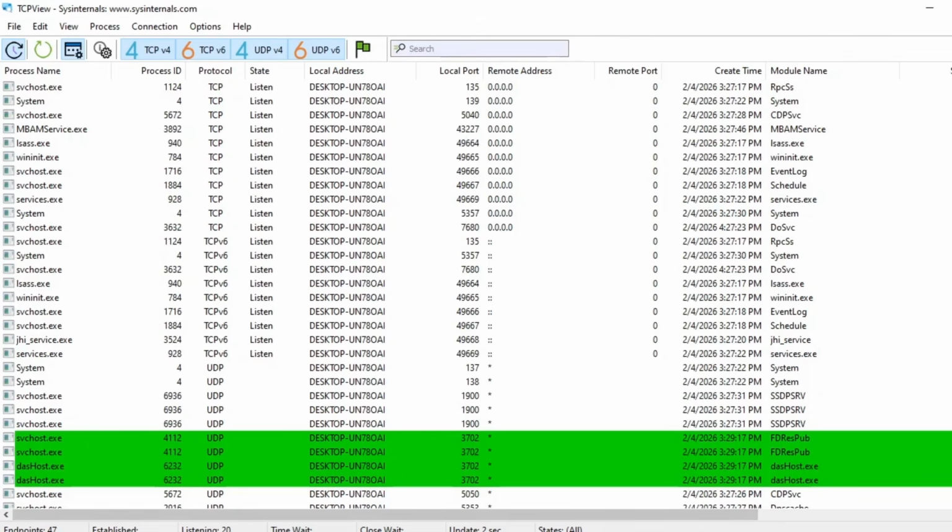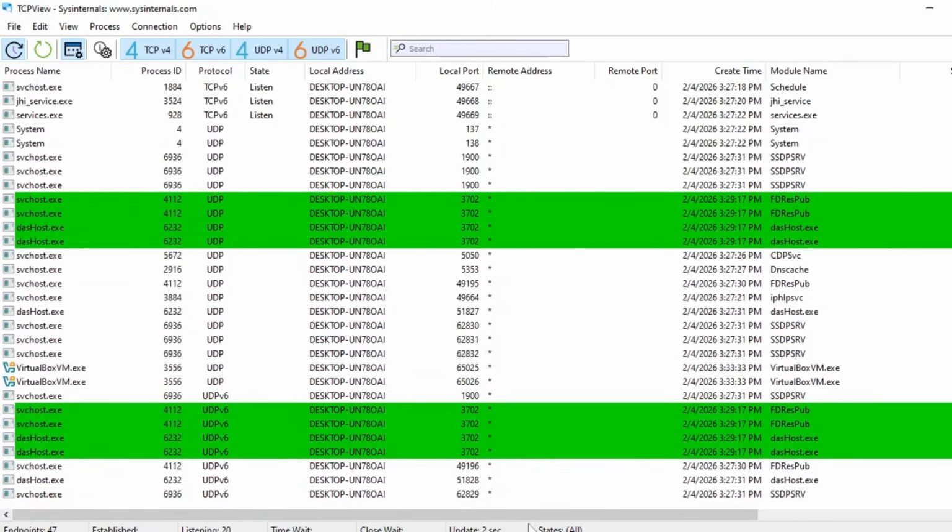For example, if you go over here, you can see how many endpoints are established: there are none. Listening, there are 20, and so on. You can read the information. There's no connection. But now, if I open, for example, an incognito tab in Chrome, and